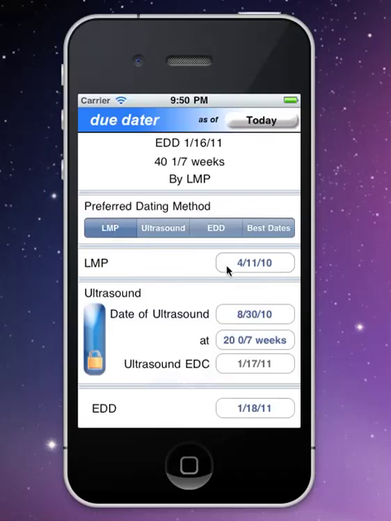So the LMP, of course, is the last menstrual period. Pregnancy generally ends 40 weeks after LMP, and that's how DoDater is calculating. DoDater is calculating by counting the number of seconds between individual dates, so it's always correct. It's counting for leap years, it's counting for daylight savings changes, because Apple inherently knows these changes in its own date accounting system,